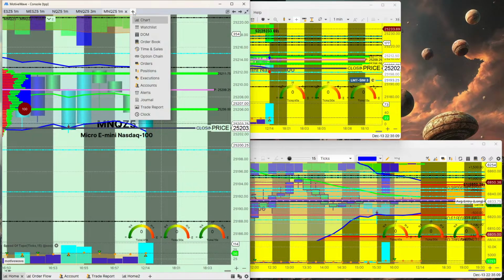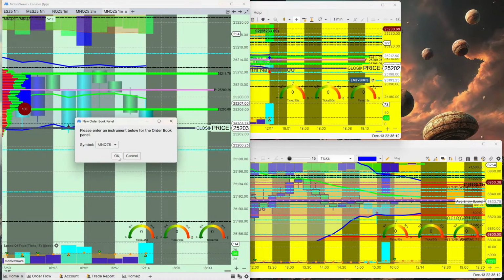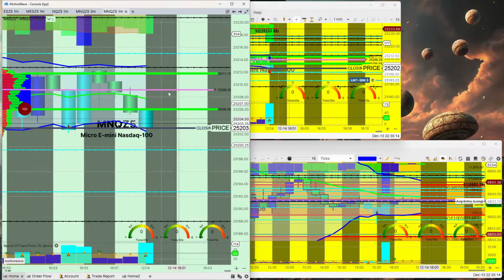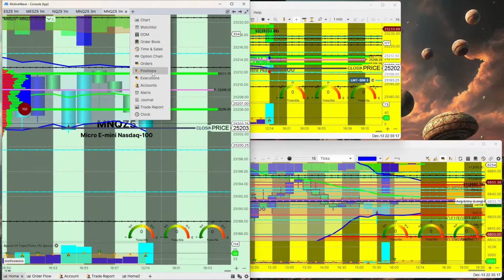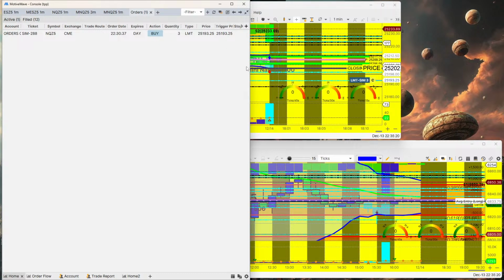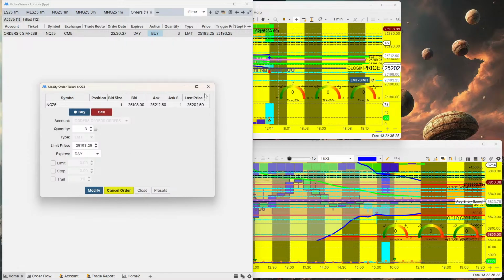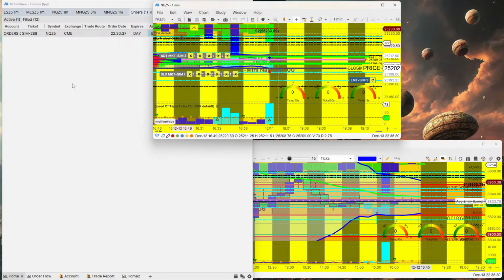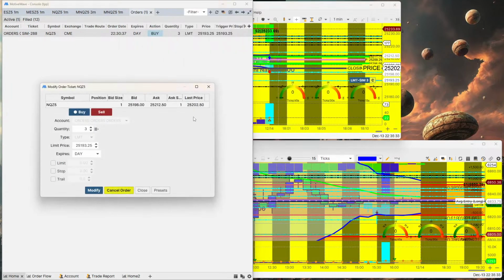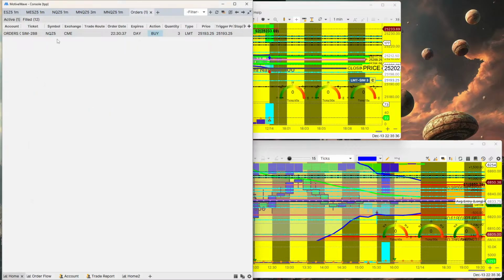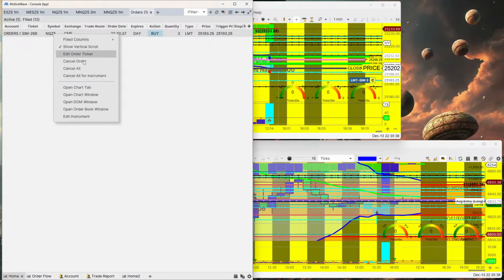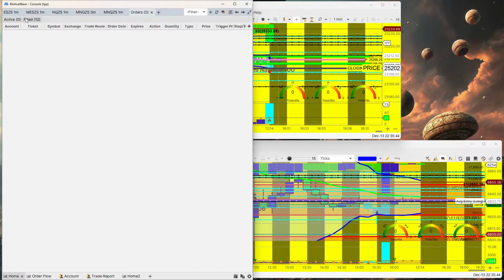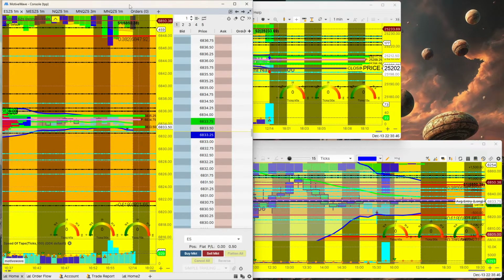You ever thought about that? Order book. That's actually talking about order book. I just want to see some orders, right? And if you have an order panel up like this, you see there's an order. You can click on it. You get to the same thing as if you're clicking on the order right here. See that? So we actually were able to get into this menu, see the same thing. You can right click on that as well. Cancel order, cancel all. Boom. Right there. That's pretty much the major ways to get into the